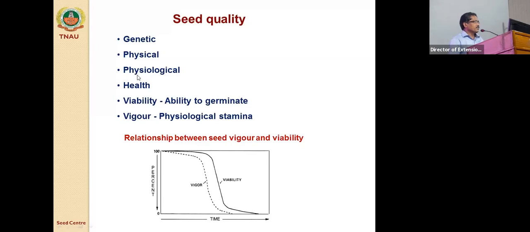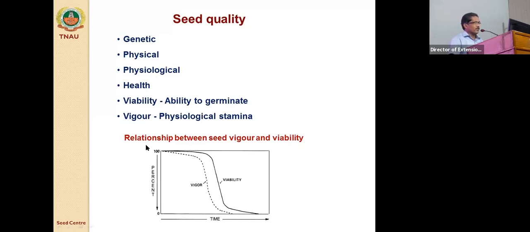So in this physiological quality, we can modify, improve, or maintain these two qualities, which are most important for improvement of the seeds. Then the fourth quality is seed health. These are all basic things; I just want to bring you back to your college days to remember the different qualities. Health quality means being free from pests and diseases, so healthy seeds. These four qualities are very, very important. As a seed technologist, where we can give much intervention to improve the seed quality is vigor and viability.